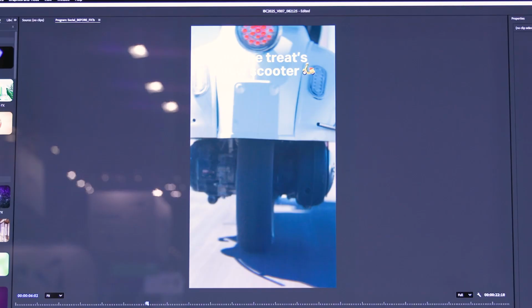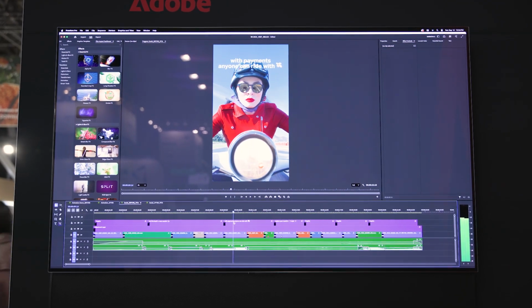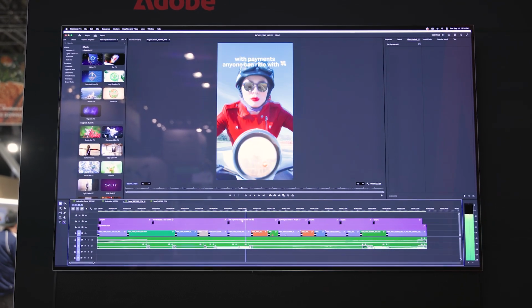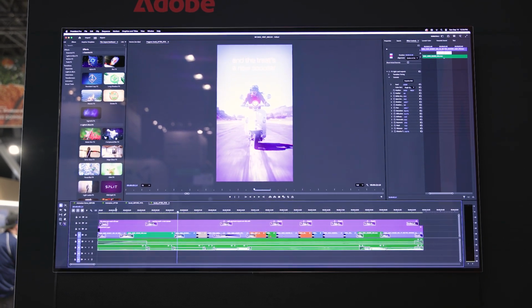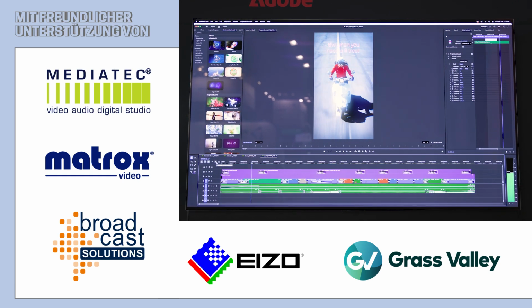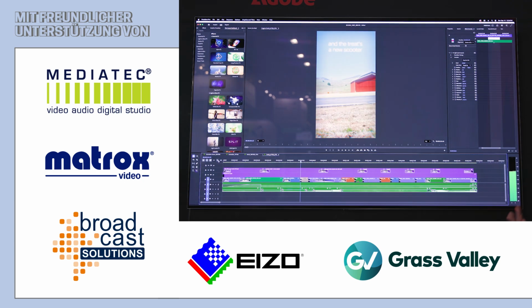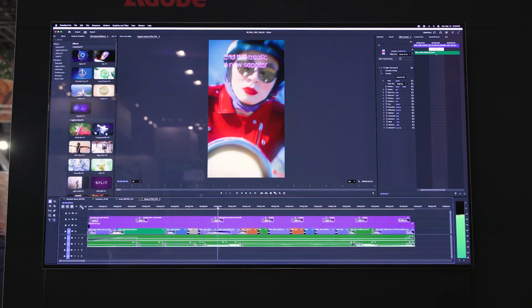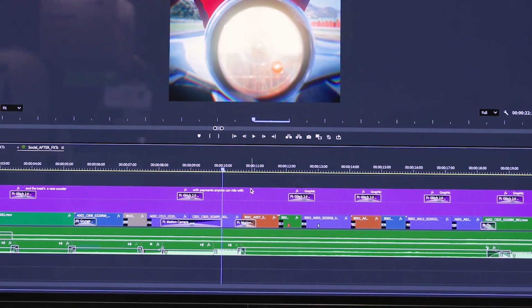Like, for example, this social media piece, you need to be able to stand out in a sea of a bunch of other videos, stop people from scrolling away. So I can take the same piece and add quite a bit of flair to it by adding things like VHS glitches, adding effects and treatments to the text itself, and just having a lot more polish overall to my video. You'll notice it's playing back in real time, no red render bars.